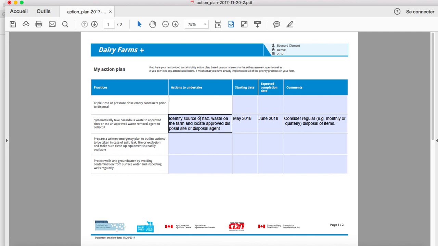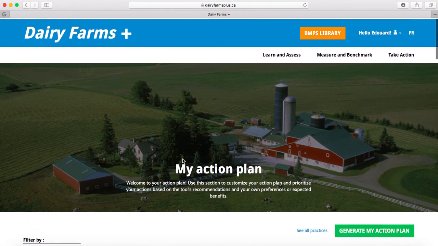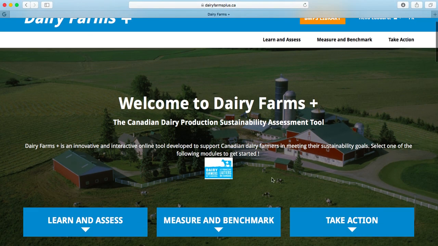So in this case, you see an example here that was completed. This is all editable sections there, so you can complete and write whatever you want. Once this is complete, we can go back to the home page and go, as we've seen, to the last section that we haven't looked at yet, which is the measure and